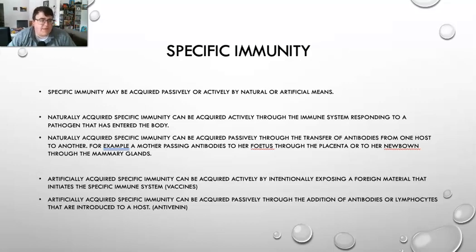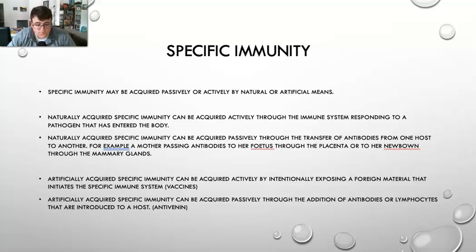So specific immunity may be something that's acquired passively or actively by natural or artificial means. Naturally acquired specific immunity is acquired actively through the immune system responding to a specific pathogen that's entered the body. Whereas it can also be acquired passively through the transfer of antibodies from one host to another. So this could be a mother passing antibodies to a fetus through the placenta, or to a newborn through mammary